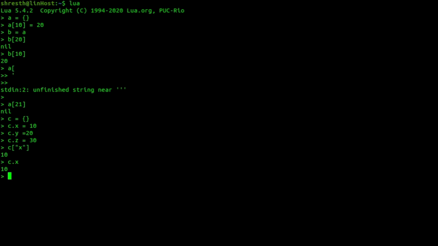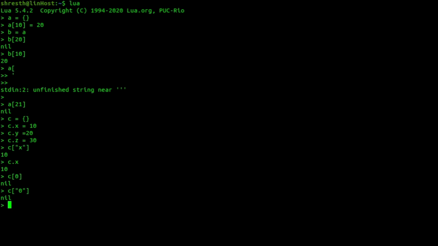Next thing is, if we say c of 0, which is nil, and if we say c of string 0, they both are different. In Lua, these two expressions mean two different elements. Remember, in some previous video I mentioned that if we compare 0 equal to string 0, it will be equal because Lua implicitly converts strings and integers. But here it is different, so please keep this point in mind.